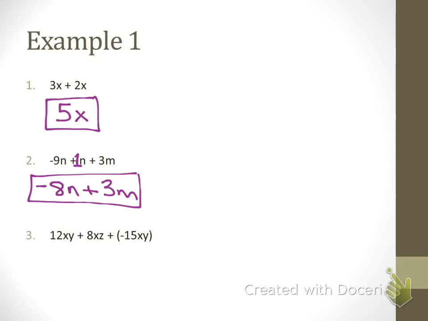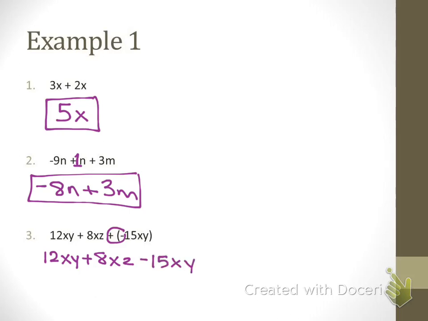All right, now on the third one, we have two variables. So both variables in the expression have to match up. We have 12xy plus 8xz minus or plus negative 15xy. Now, I really don't like these double signs, plus and negative. Plus and negative is the same thing as just subtracting it, okay? A double negative is positive, okay? So plus and negative is the same thing as subtracting it. I'm going to go ahead and rewrite it. 12xy plus 8xz minus